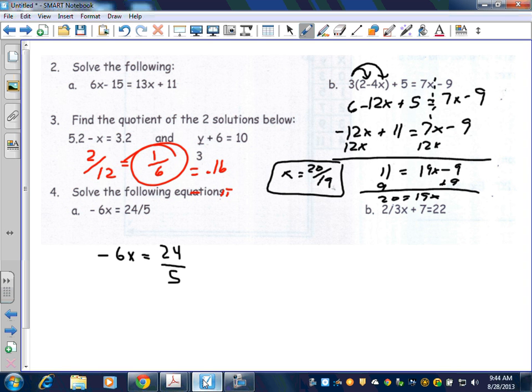But in this particular problem, dividing by 6 doesn't do me any good because I have 24/5 divided by 6, so that's kind of hard to deal with, or it's kind of complicated looking. So instead of dividing by 6, I'm going to multiply by the reciprocal of the number by the variable. What is the reciprocal of -6? Okay, so I'm going to multiply by, let's say it right, not 1/6, -1/6. Because when I multiply a negative times a negative, that gives me a positive. So if I multiply this side by -1/6, now I multiply this side by -1/6, and I get x equals